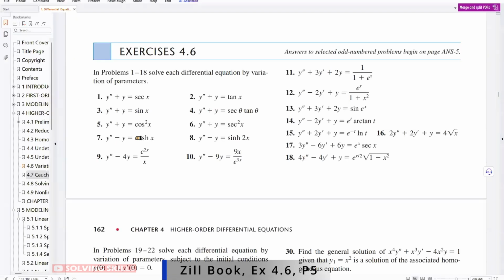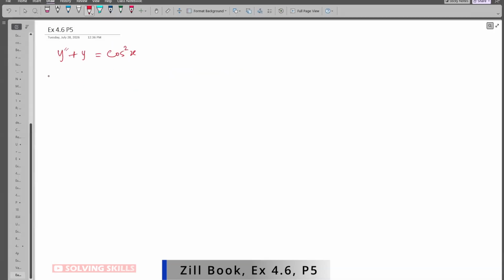y double prime plus y equal to cos square x. So first we find the complementary solution. For that, we rewrite the given equation as y double prime plus y equal to 0. And then we make the auxiliary equation, which is m square plus 1 equals 0. And then we write the roots. In this case, m square will be equal to minus 1, and when you take the square root you will get plus minus i,